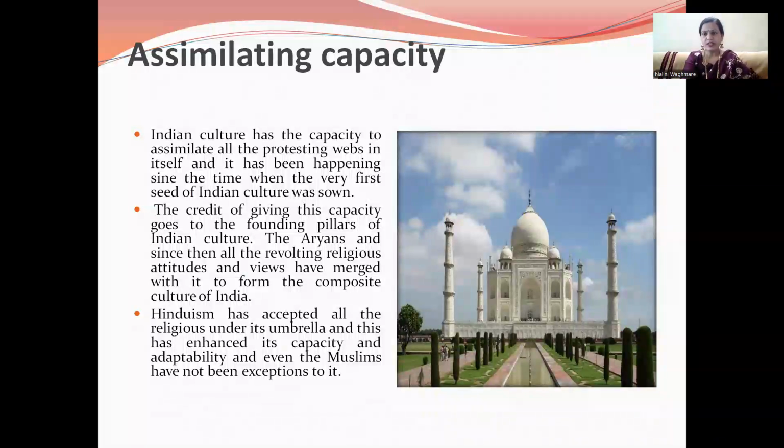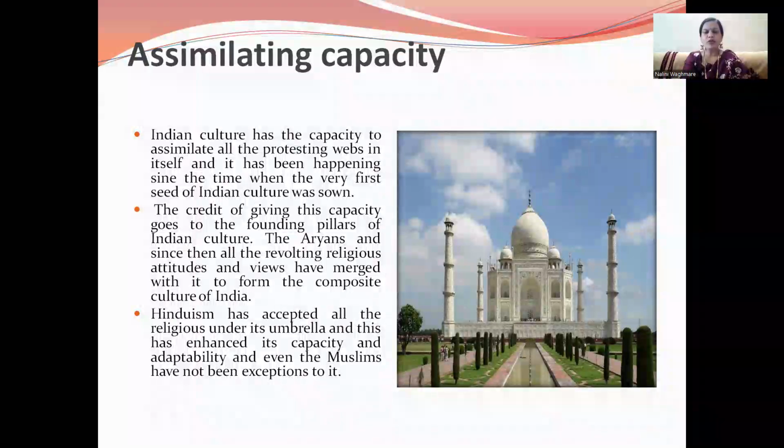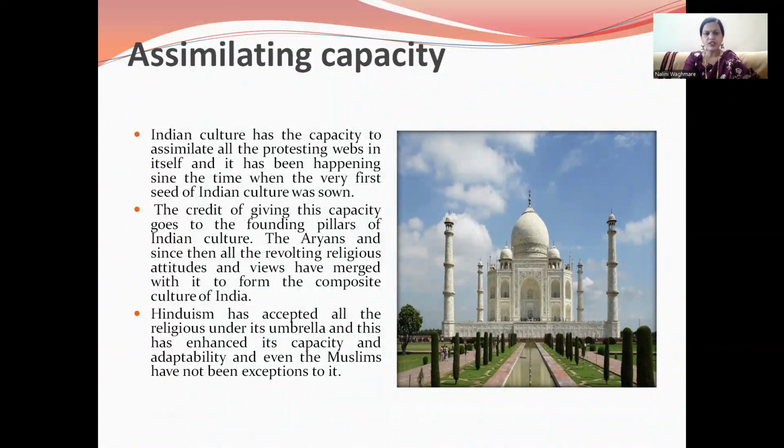Assimilating capacity in Indian culture. Indian culture has the capacity to assimilate all the protesting webs in itself. It has been happening since the time when the very first seed of Indian culture was sown. The credit of giving this capacity goes to the founding pillars of Indian culture, the Aryans, and since then, all the revolting religious attitudes and views have merged within it to form the composite